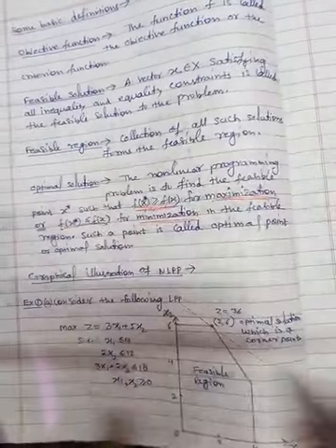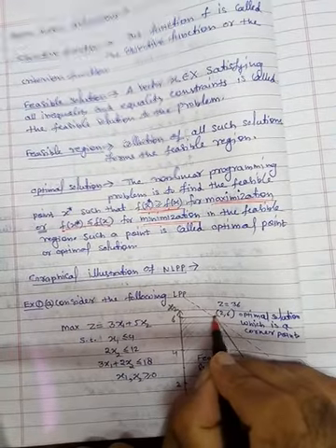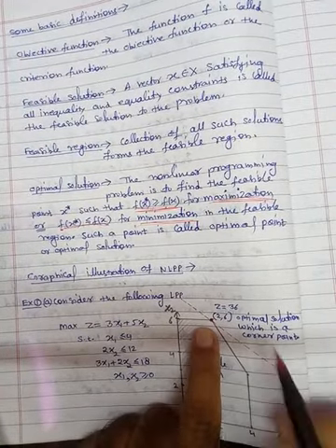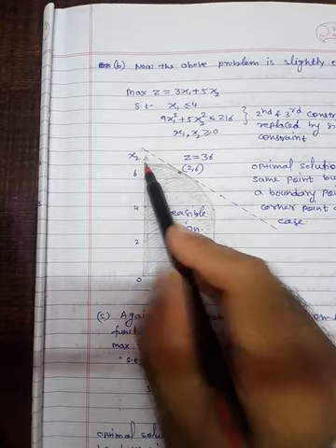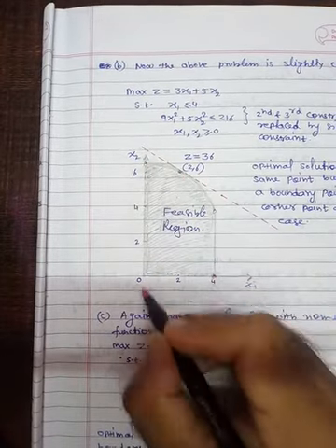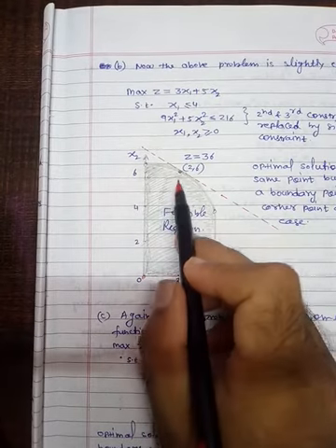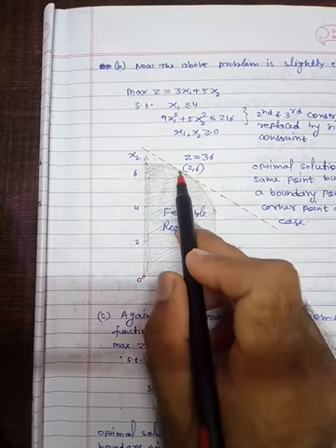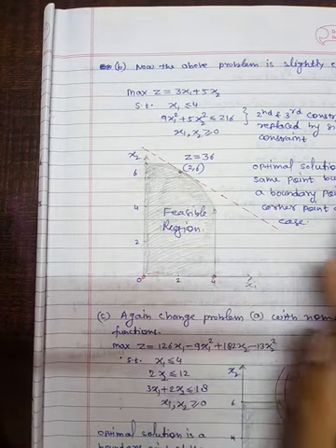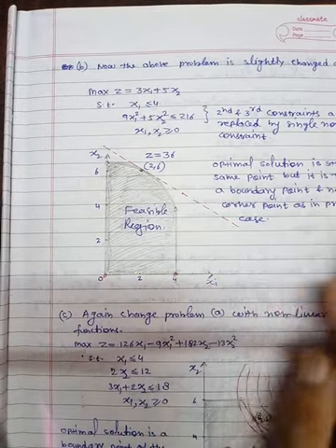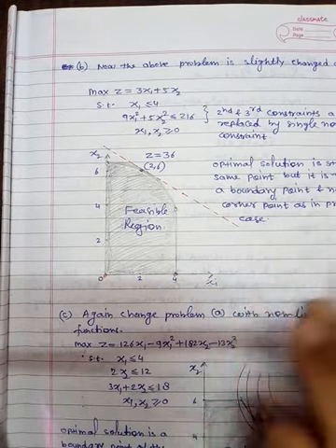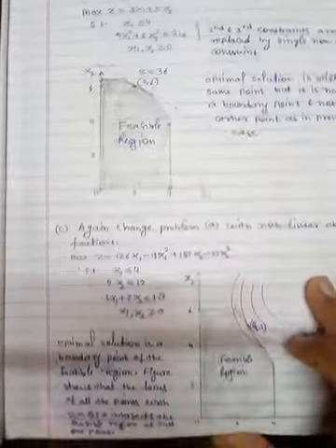Now here is the important thing. Here you will see that this is a corner point. In a linear programming problem, the optimum solution occurs at the corner point. However, here you will see this is not a corner point. Corner points are basically this point, this point, this point, and this point. These are the four corner points. But this is not a corner point. This is a boundary point. It is a boundary point and not a corner point. So the optimum solution is still the same, but it is now a boundary point and not a corner point as in the previous case. So this is the difference between linear and non-linear programming problems.